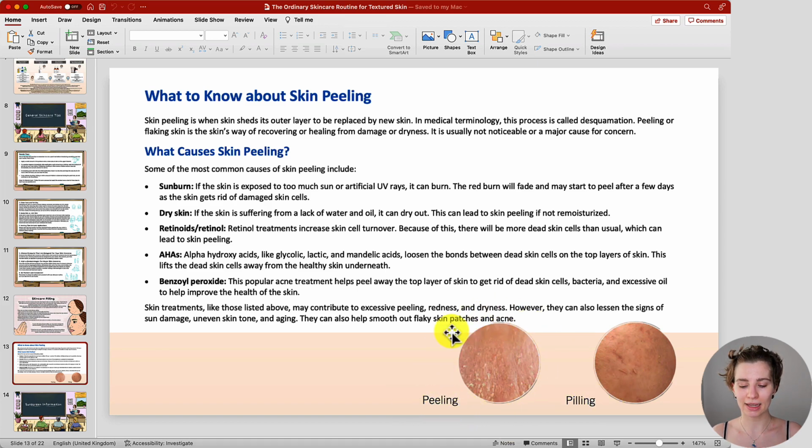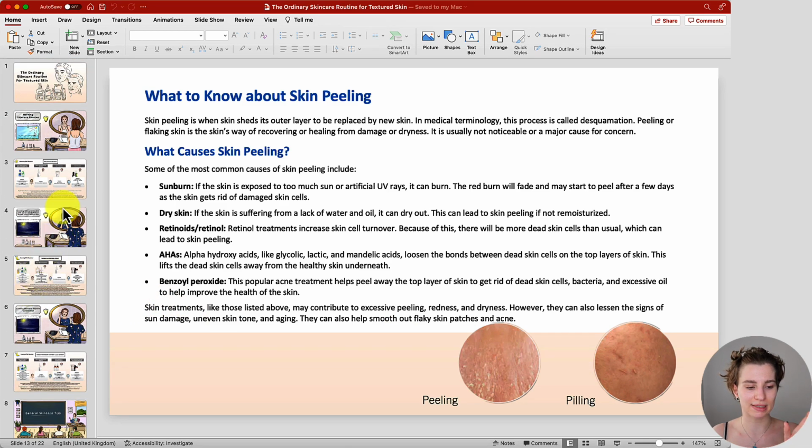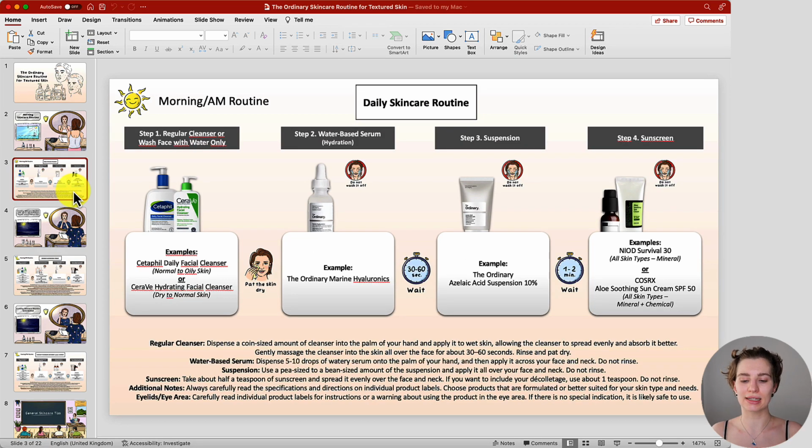Whereas peeling can be a condition due to, for example, a sunburn or dry skin, or when working with retinoids or exfoliating acids or benzoyl peroxide, because you're going to remove skin cells from the skin surface. So therefore you can see your actual skin peeling, but it's not pilling. Now I will get into this again because we do work with exfoliating acids and with retinol and retinoids, but again this is just a reminder why it is so important to understand the difference between peeling and pilling, as well as the layering in general of your skincare products.